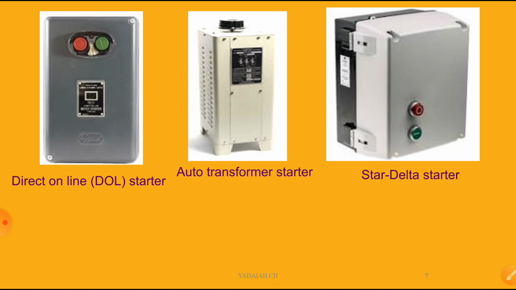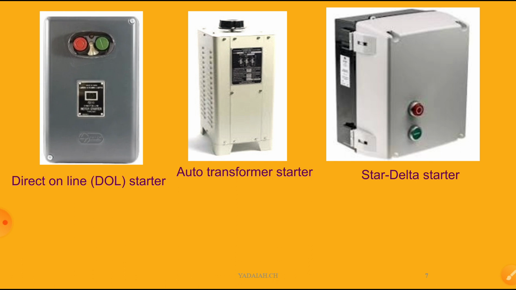Inside there is a timer, so it converts automatically. Sometimes we can use a manual one also. It is a simple connection of the terminals: R phase has 2 terminals, Y phase has 2 terminals, B phase has 2 terminals, taken out from the motor. They are connected to the starter, which is a mechanism that can connect star and delta inside. That's why we are using the star delta starter.